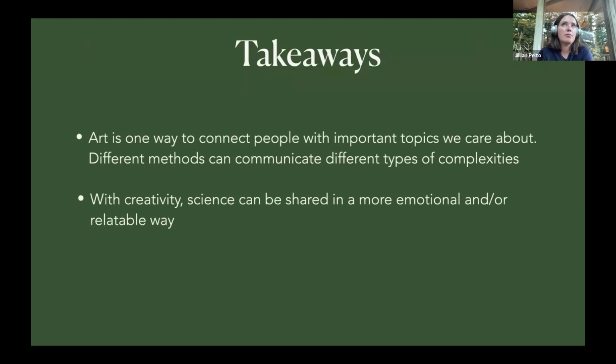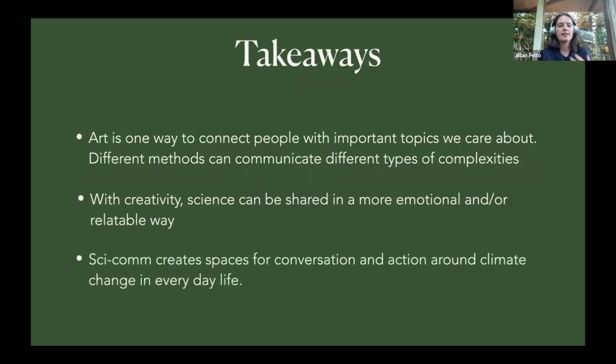scientists have so much passion and emotion about the work that they do. That's not going to be something that they can always share in their research papers and their data and the conferences and stuff like that. And so a lot of times they find unique ways to do it, or collaborate with someone like me to do it. I think that science communication is really important,